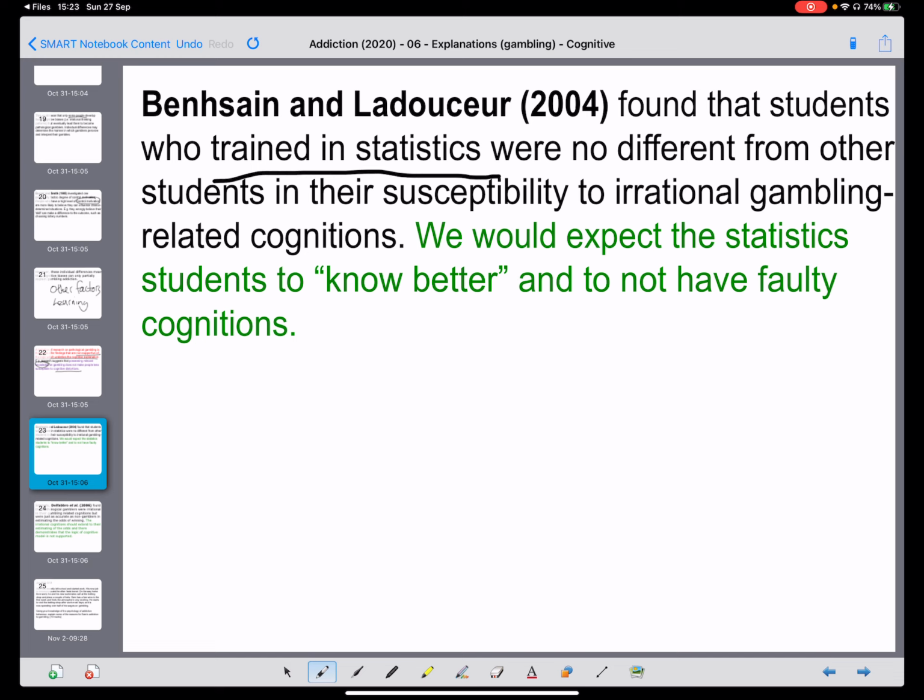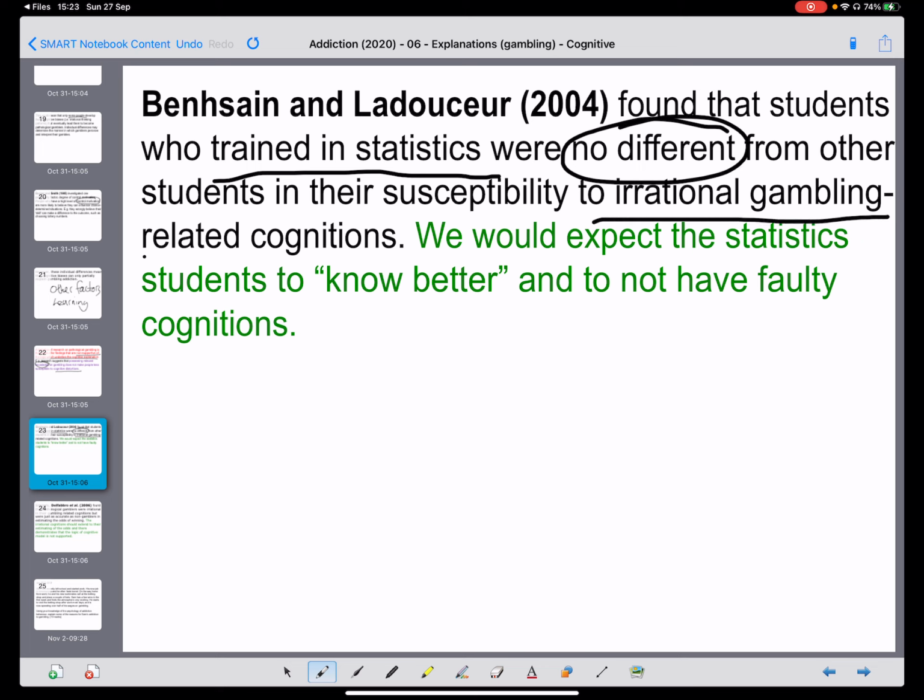So these are people who, for some reason, decided that what they'd like to learn more about is statistics. Therefore, they're good at statistics and they've learned a lot about it. So they know more about statistics than the average person like you and me. Okay, but it says that these students were no different from